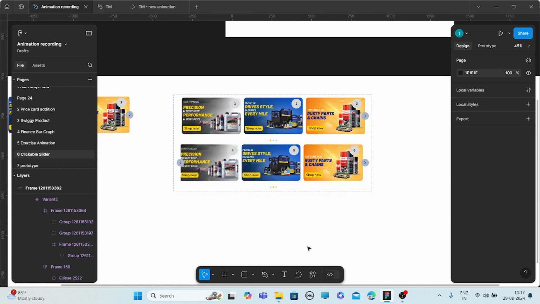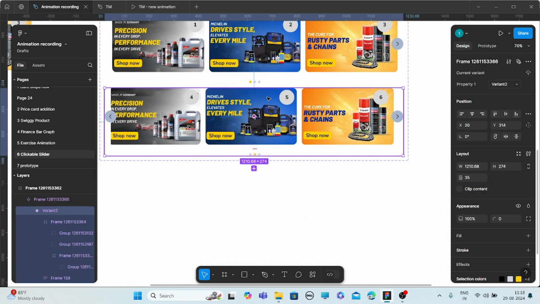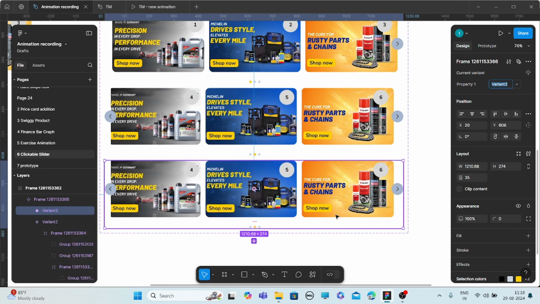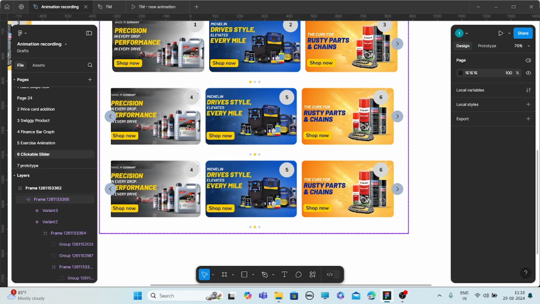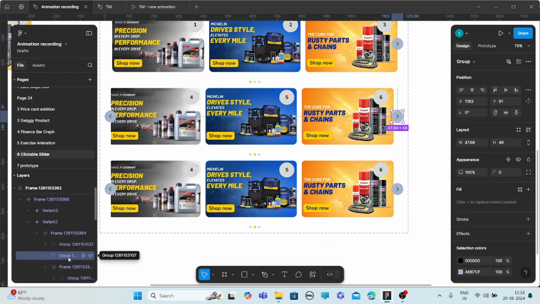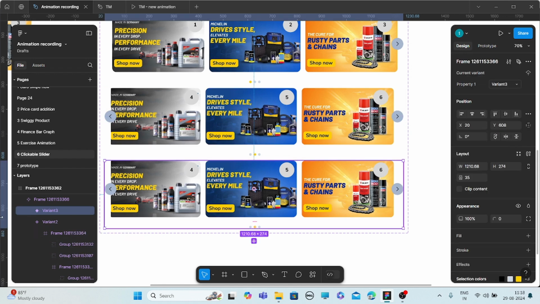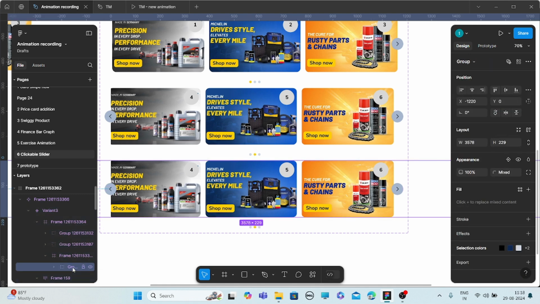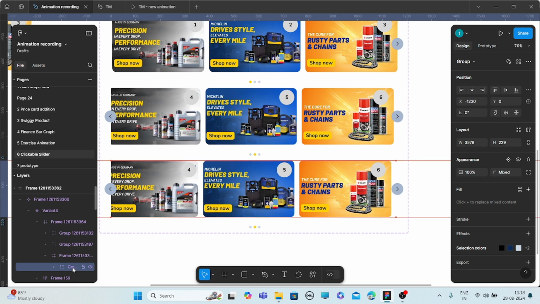Now we'll select this as the third one and again we'll select this group. Where is this frame? Variant 3, and we'll go to the group and move the slides.